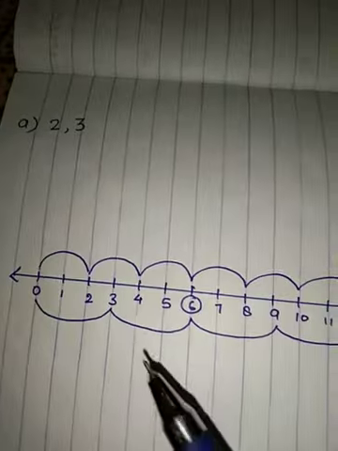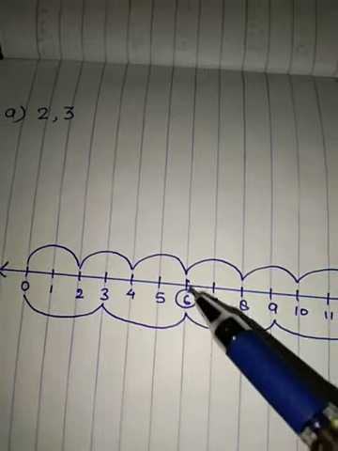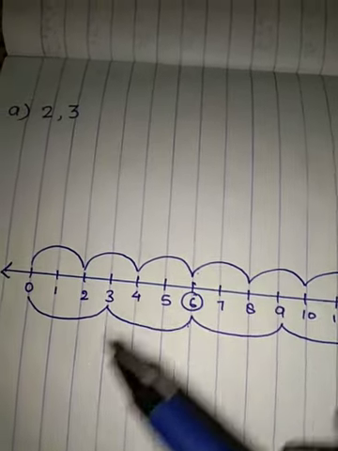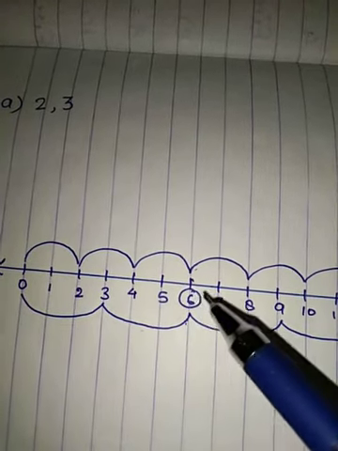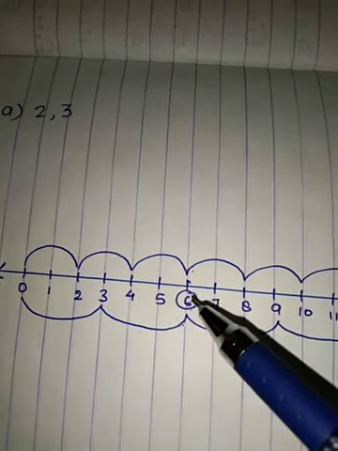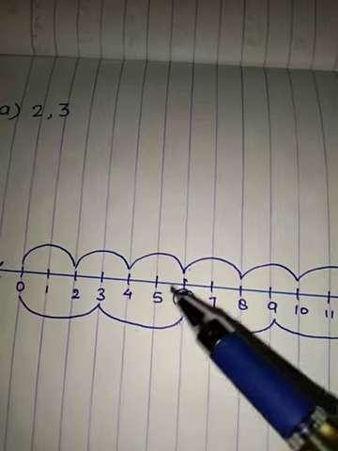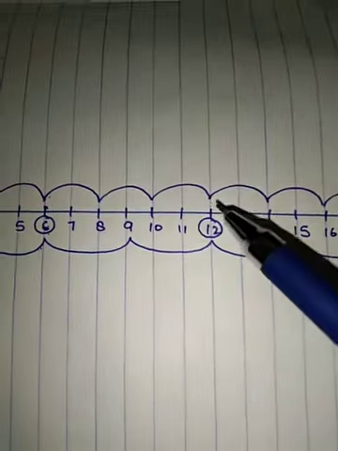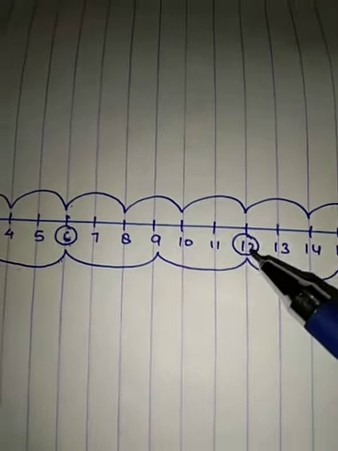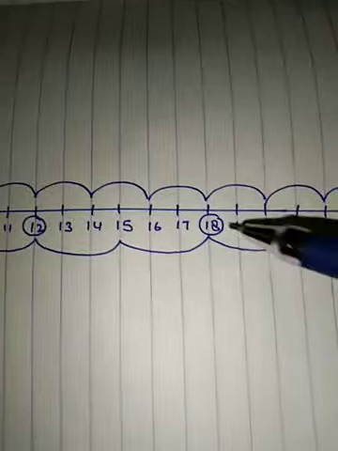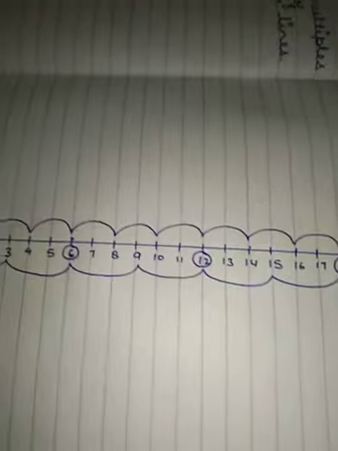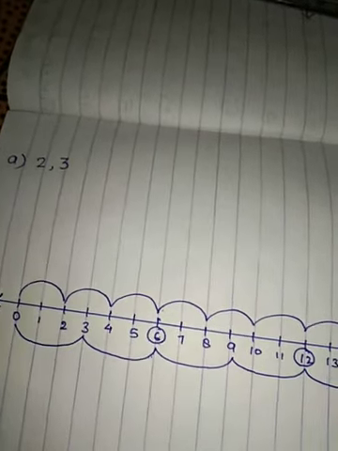Now you have to see where the curves are going to meet. So you can see 2 3s are 6 होता है and 3 2s are 6 होता है. So 6 is common in both the tables. So see, we will circle the 6. Then here you can see this and this arrow is meeting here. Both curves are meeting here. So 12 is common. Again you can see 18 is common, and again you can see 24 is common. So this way you will solve the question on number lines.